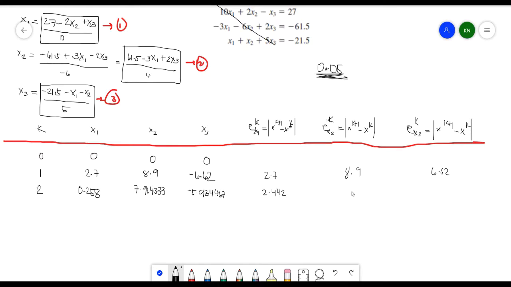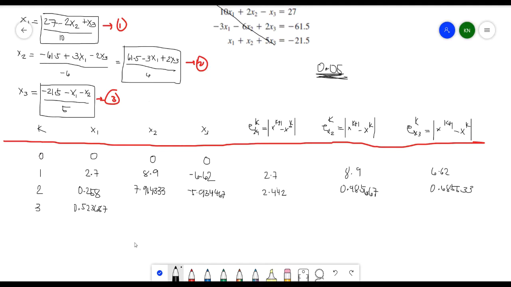And then for the x of 2, we have 0.985667. And for the third, this one minus this is equivalent to 0.685533. As you can see, this is not yet acceptable, so we need to have another iteration again. That gives us our third iteration. Using the same process repetitively, we have here 0.523687. And for the x of 2, again, 61.5 minus 3 multiplied by the recent value of our x of 1 plus 2 and the latest value of our x of 3, which is negative